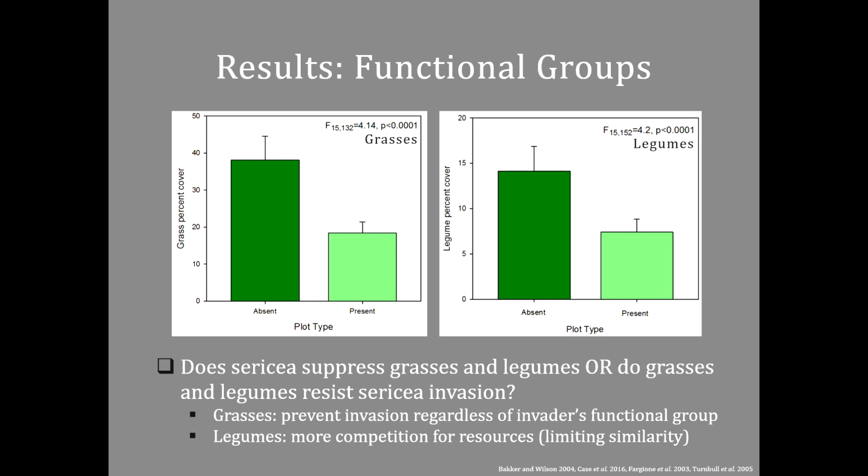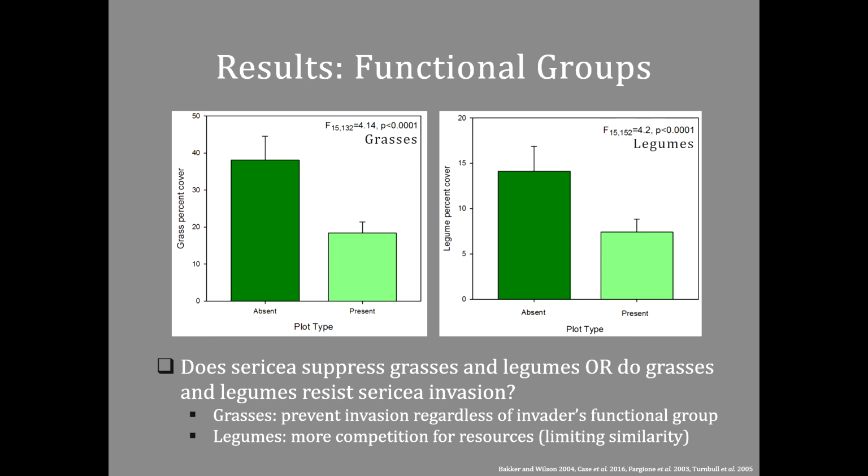Either Sericea is able to suppress grasses and legumes where it's growing, or grasses and legumes might provide some kind of invasion resistance against Sericea in these grasslands. And looking back at the literature, we found that that latter one is probably what was occurring. So grasses as a functional group are able to prevent invasion regardless of what type of invasive species is coming into an ecosystem. And because Sericea is a legume in and of itself, if there were already a whole bunch of legumes established in a community, it's going to be a lot harder for another legume to come in because that role in that ecosystem is already kind of filled,